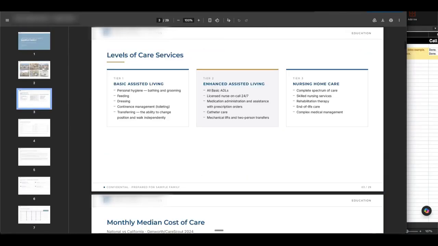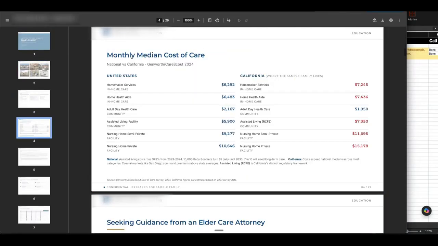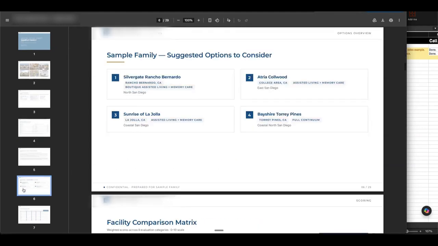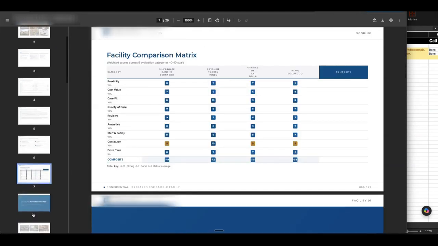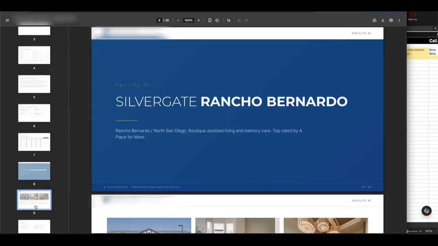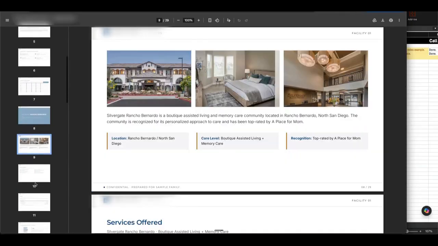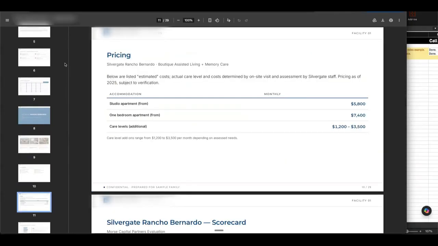So as you can see here, real pictures from San Diego facilities. We actually went in and did the median cost of care, not only for the United States, but for California this time, since we're talking about San Diego. Here are the different San Diego options to consider: scoring matrix, real facilities, real photos pulled in, real data coming in from their websites here. So the beauty here